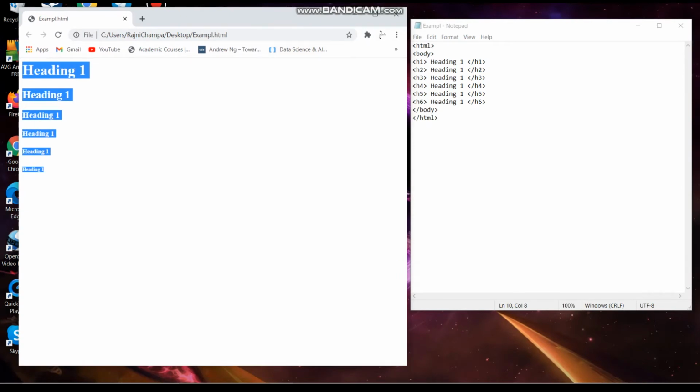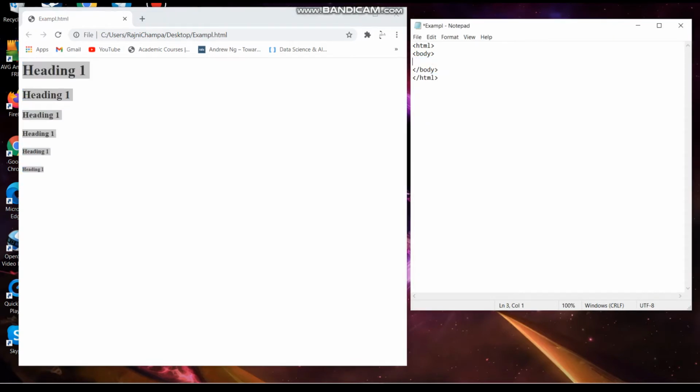Now I'm going to show you what a paragraph tag can do. After a paragraph has been started, you can write 2 or 3 lines, and then you can start another paragraph.